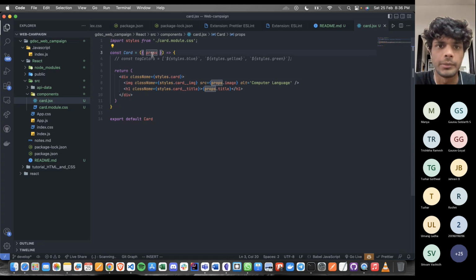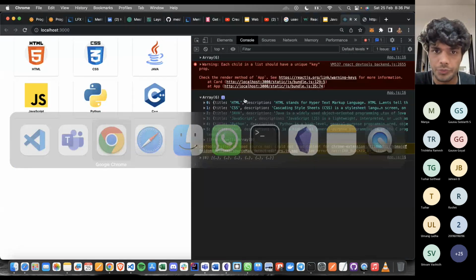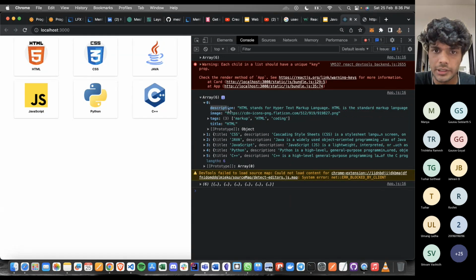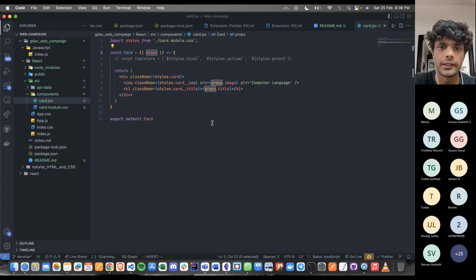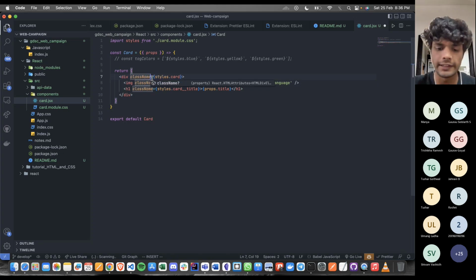अब ये रिटर्न हो रहा है 6 बार। पहली बार इसने देखा प्रॉप्स क्या आ रहा है। पहला एलिमेंट क्या था? ये रहा। पहले एलिमेंट का डिस्क्रिप्शन क्या है? पहले एलिमेंट का इमेज क्या है? तो इमेज एक HTML इमेज है, और टाइटल क्या है? HTML। तो पहला एलिमेंट आया, उसका इमेज आया, तो मैंने यहाँ पे शो कर दिया। इमेज एलिमेंट, यू ऑल नो, इन HTML वी राइट क्लास, एंड इन रिएक्ट वी राइट क्लास नेम। कुछ फर्क नहीं है, वर्किंग इज सेम। आई एम टेकिंग द क्लास एंड गिविंग इट द क्लास नेम। जैसे कार्ड, तो कार्ड एक क्लास है।